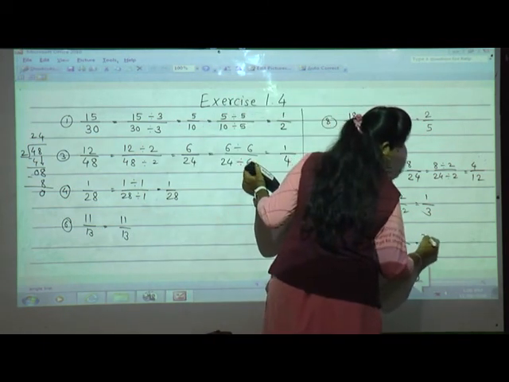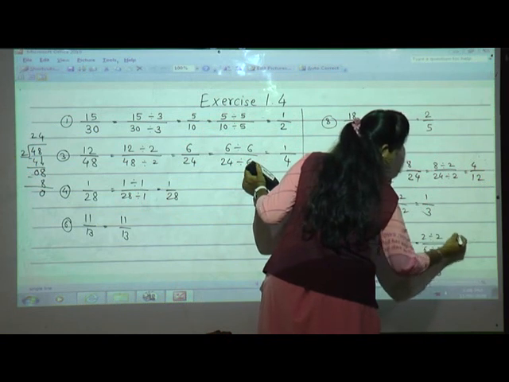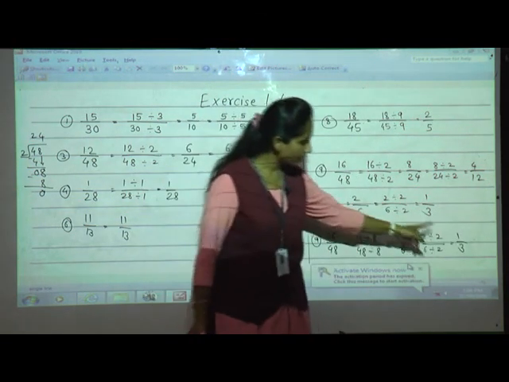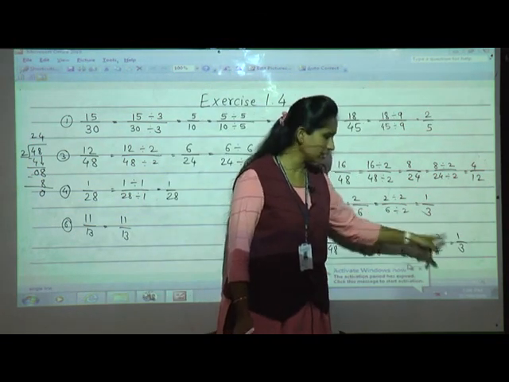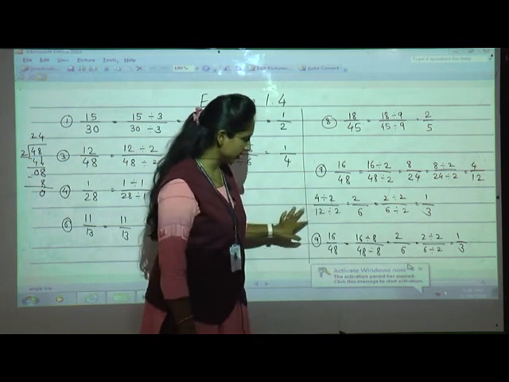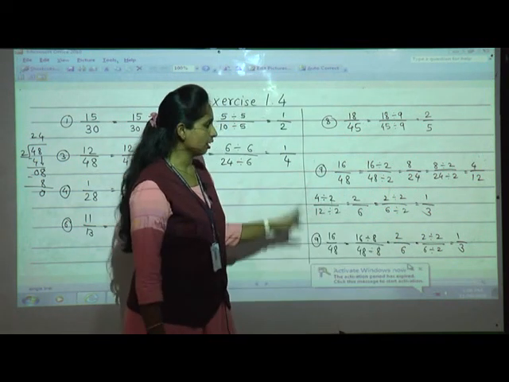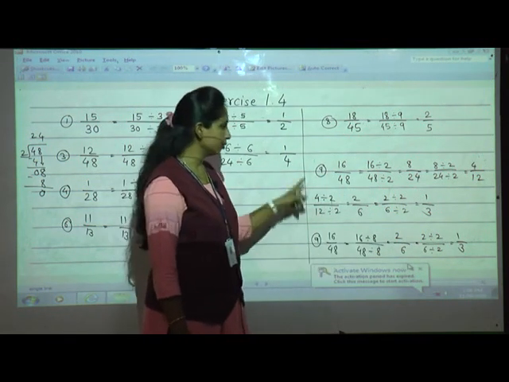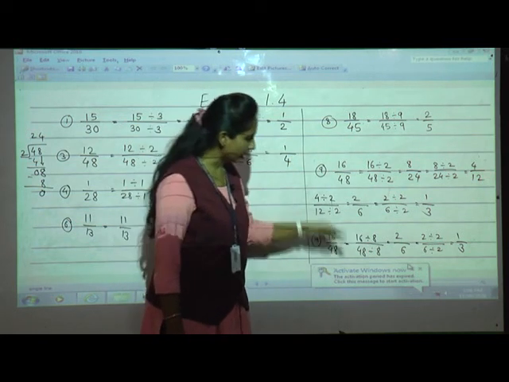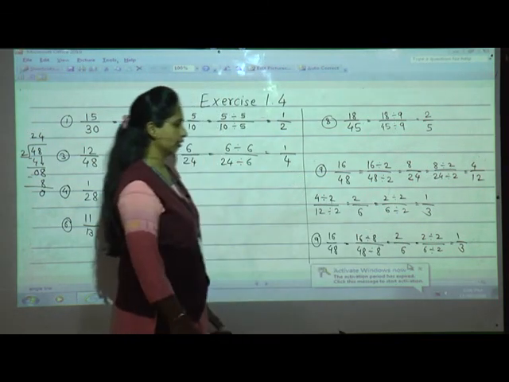Now again we need to divide 2 by 2, 6 divided by 2. 2 ones are 2, 2 threes are 6. Now compare both our answers: 1 upon 3, 1 upon 3. Same number. But here there are so many steps, and here directly only 2 steps. You can choose any one. If you know in which table both the numbers come, just go directly with the same table and try to simplify with the shortcut.